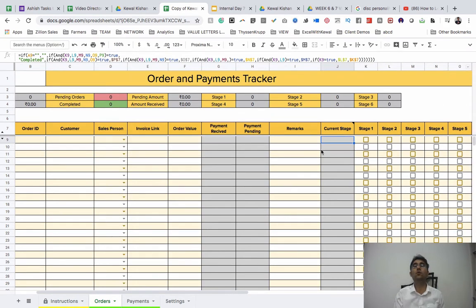Although we have a more advanced version of it, which is called FMS, flow management system as well. However, if you just have a simple order tracking process and you're handling maybe just one person or a couple of people, maybe three people, this will be even better for you. But if you have a bigger firm, with many people handling the operations, in that case the flow management system will be even better. Right now let's focus on this tool called order and payment tracking, and see how it can help you in managing your orders stage by stage. Okay, so let's check it out.